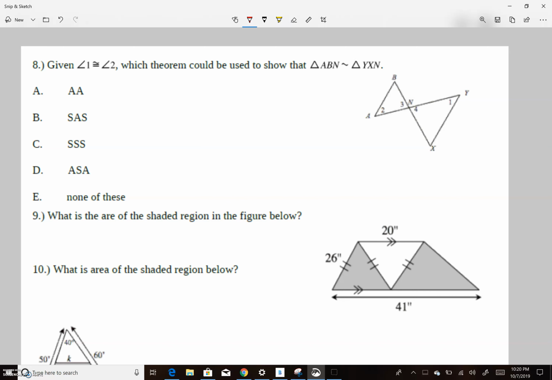Given angle 1 is congruent to angle 2, so it's telling us that these two angles are congruent, they're equal to each other. Which theorem could be used to show that A, and remember, direction matters, so A,